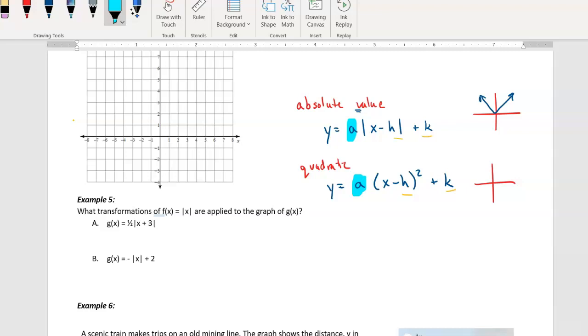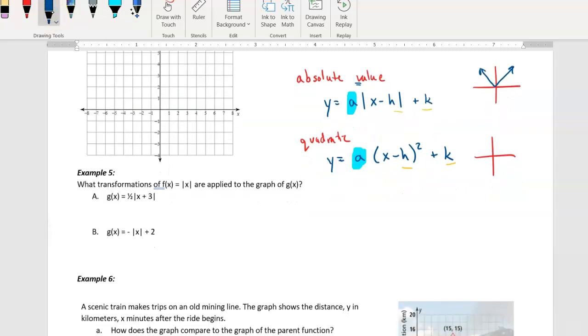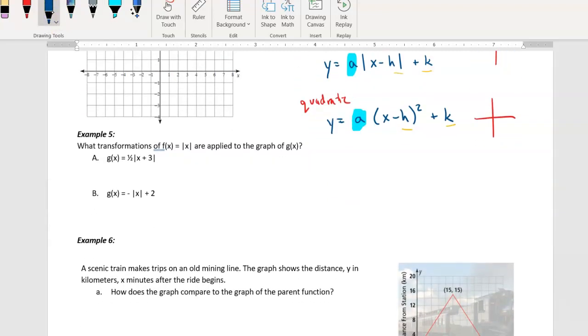So if it said plus 5, it means it moves up 5 units. So let's look at these examples. It says, what transformations are applied to the function g of x for these absolute value functions. So for this first one, the plus 3 means that it's going to move to the left